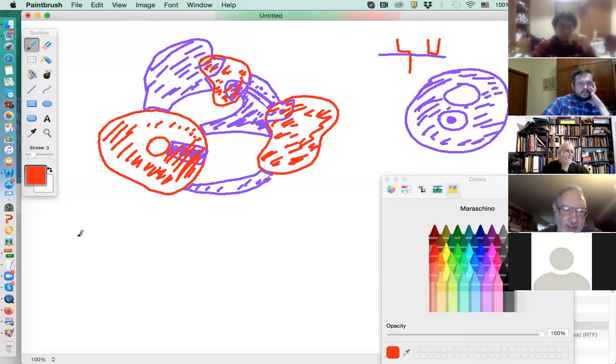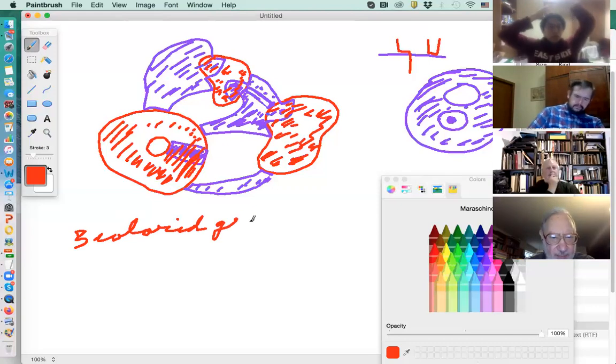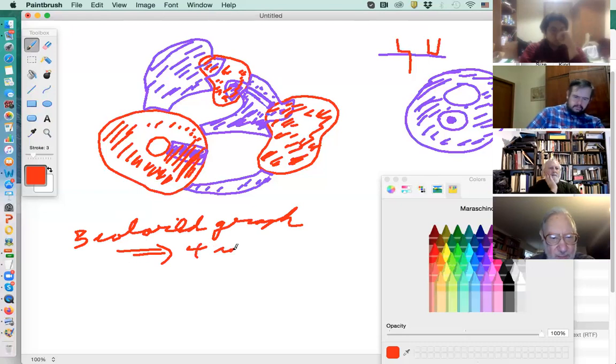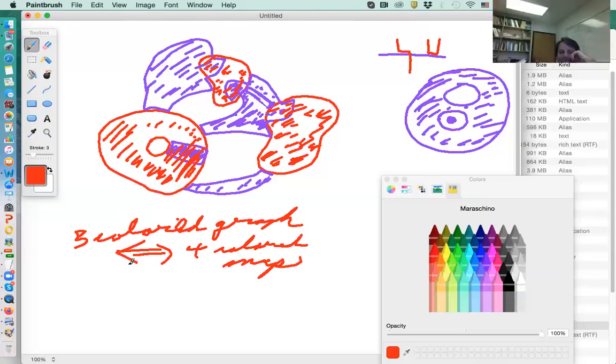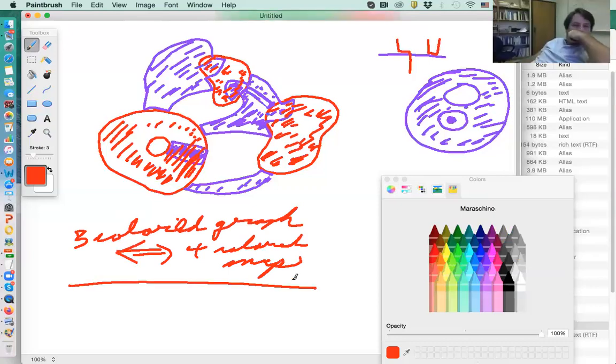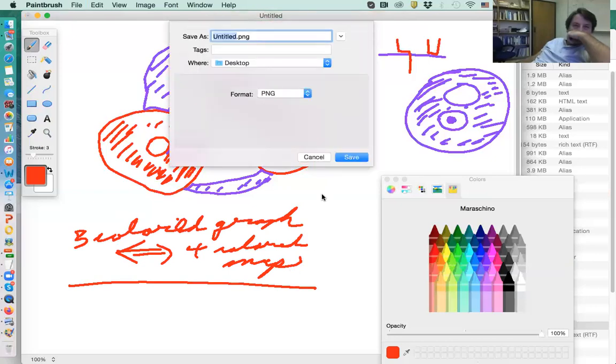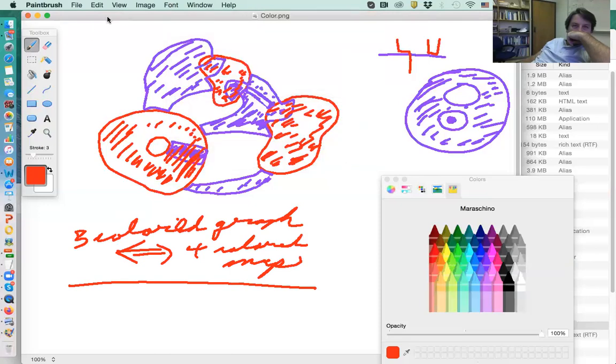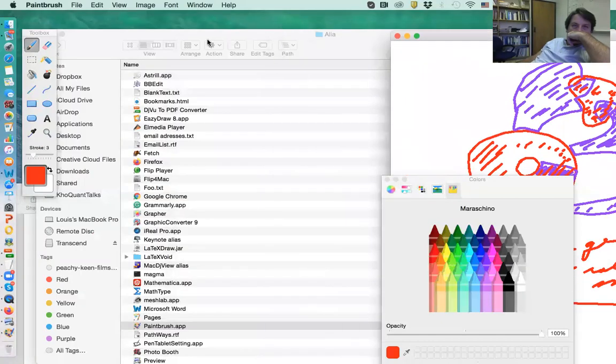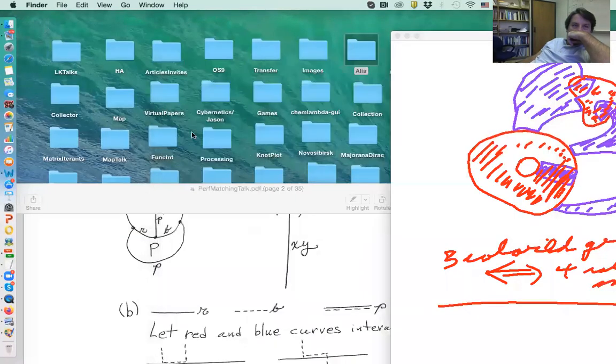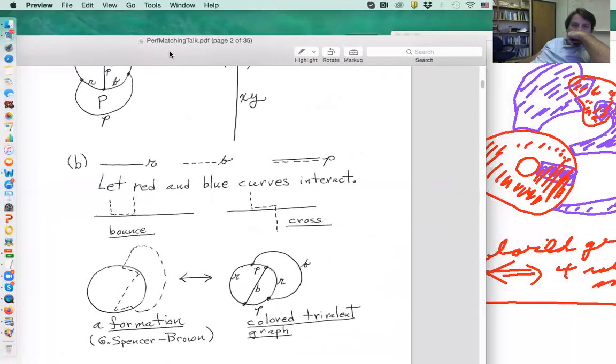And so that means that a three-colored graph implies a four-colored map. And conversely, because we already checked the conversely. All right. So that's the first part of what we need. That proves Tait's theorem, that the colorings in the four-color theorem are